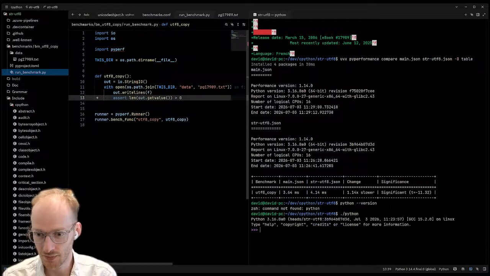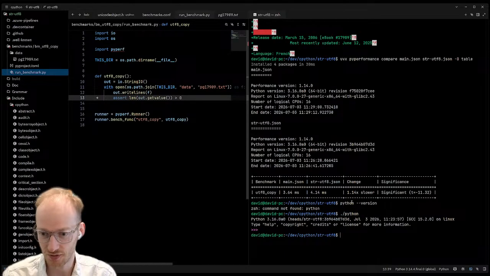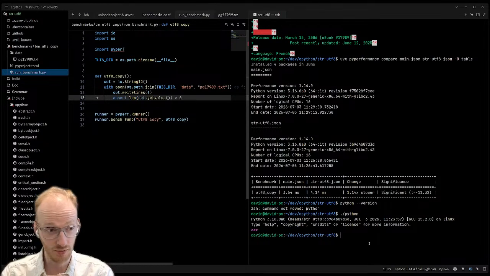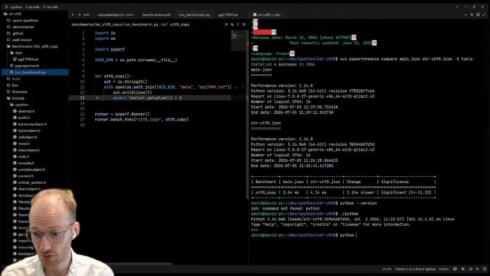Great. So hopefully this is our Python interpreter running. I assume that I haven't rebuilt it since, so I'm going to trust that this is the same one that the PyPerformance ran with. So we can do a few different things, I guess. I tend to use a Rust-based helper, which I think can do native binaries just fine. So I'm going to start by trying that and see what happens.